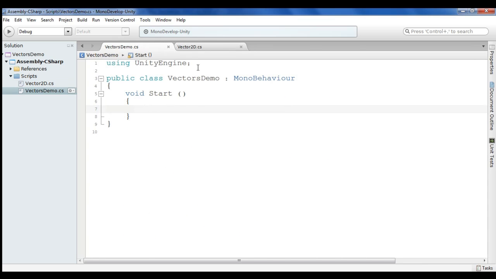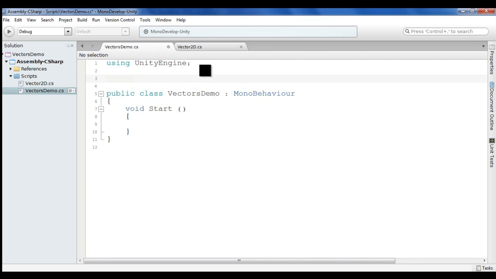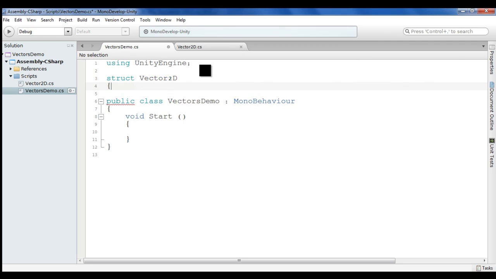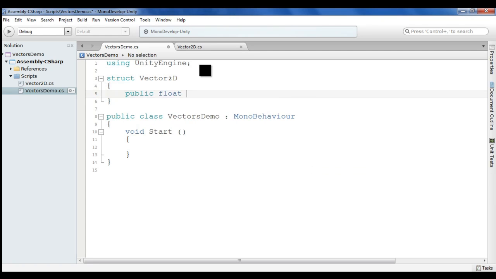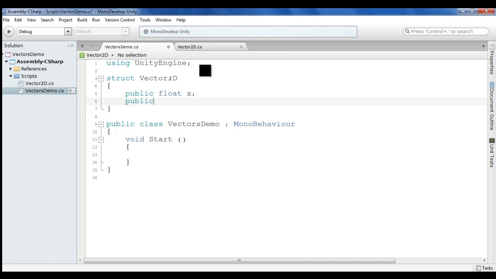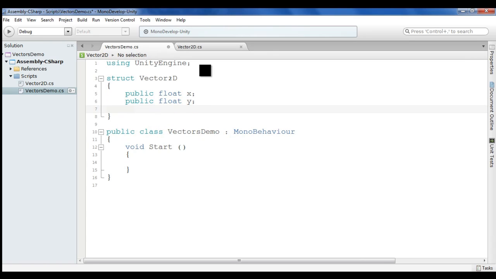What I am going to do is create here a structure, struct Vector2D, and it has two fields, public float x, public float y. Simple, right?